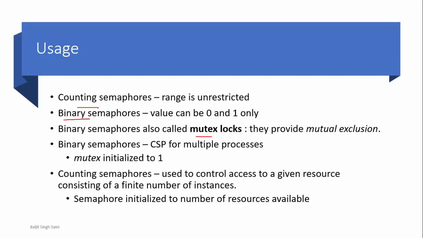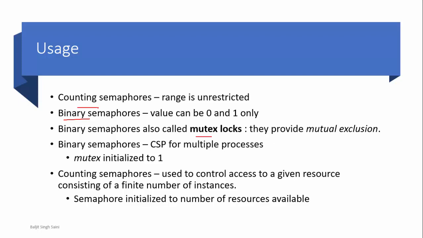कई बार ऐसा हो सकता है कि आपके पास एक रिसोर्स के मल्टीपल इंस्टांसेस हैं. सो लेट अस सपोज कि आपके पास 5 प्रिंटर है. नाउ व्हाट इज द रिसोर्स? प्रिंटर. एंड हाउ मेनी यू हैव? इंस्टांसेस कितने हैं आपके पास? 5. दिस मीन्स दैट 5 प्रोसेस कैन यूज दोज 5 प्रिंटर्स एट द सेम टाइम. 5 तक तो कोई प्रॉब्लम नहीं आने वाली, हर एक प्रोसेस के पास एक एक प्रिंटर हो सकता है. The 6th one is going to cause the problem.